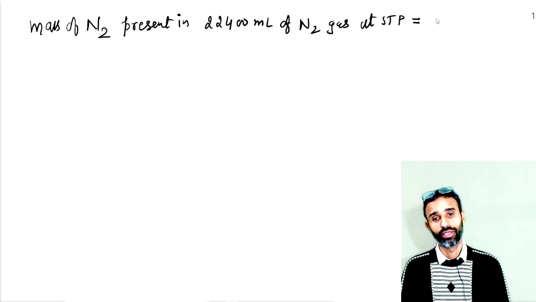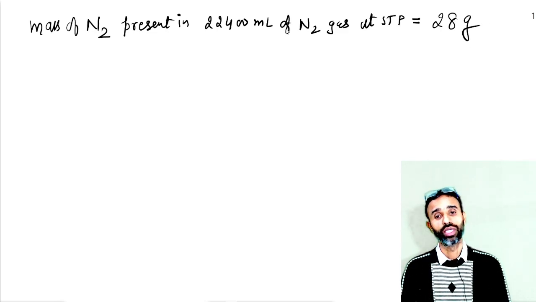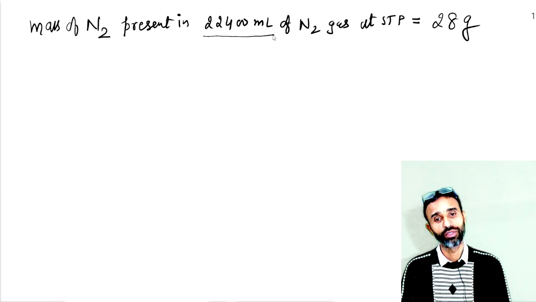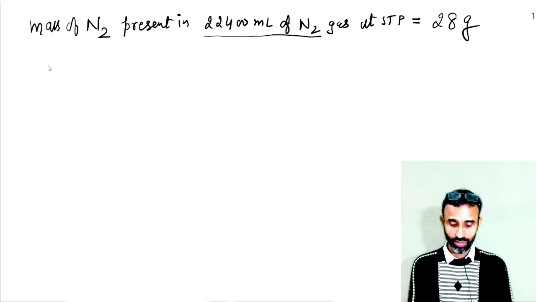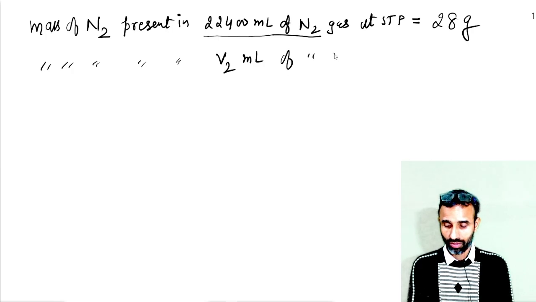This will be 28 grams, because this is the molar volume: 1 mole of nitrogen gas is 28 gram. So the mass of nitrogen present in V2 ml of nitrogen gas at STP is 28 by 22400 into V2